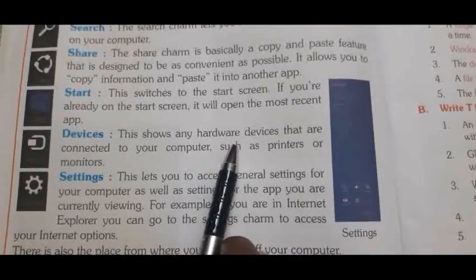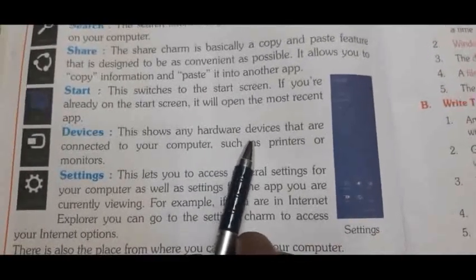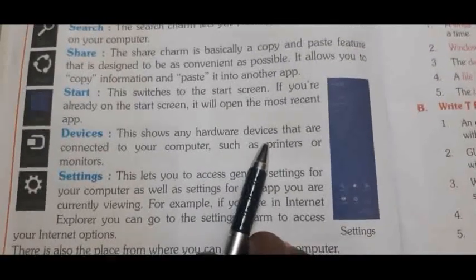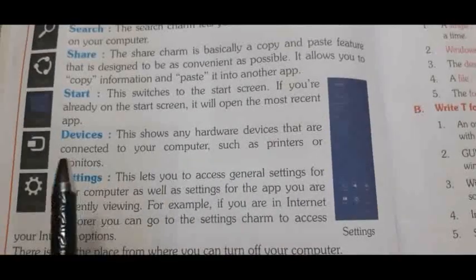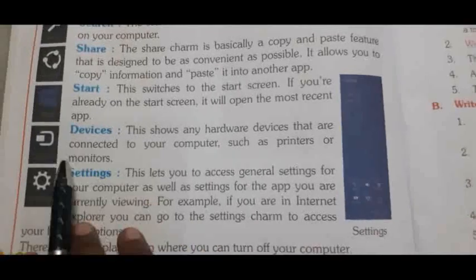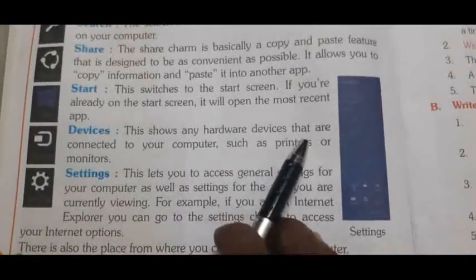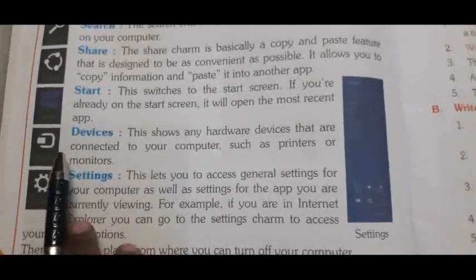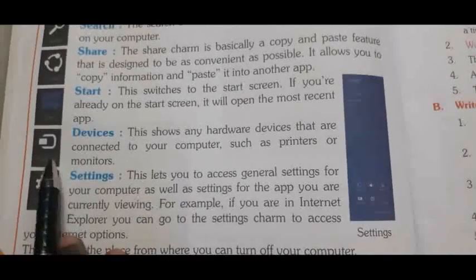If you connected a scanner, it will show. Or any pen drive, projector or digital camera, it will show all the hardware devices connected to your computer.